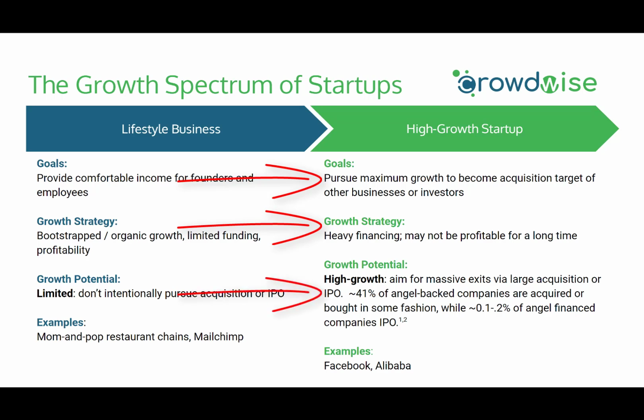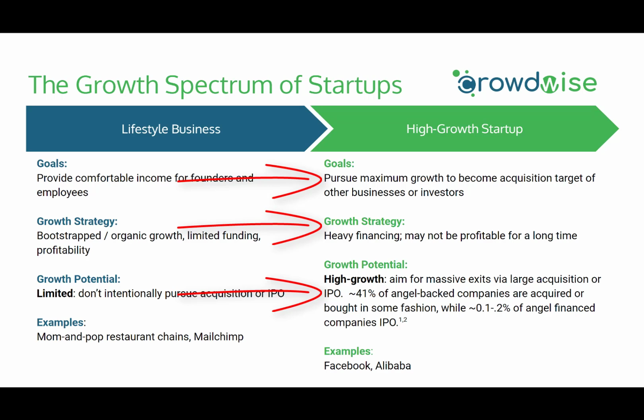The growth potential of high-growth startups is very high, as the name implies. They're aiming for massive exits via large acquisitions or potential IPOs. In terms of statistics, again taken from David Rose's book Angel Investing, he says that roughly 41% of angel-backed companies are acquired or bought in some fashion, while roughly 0.1% or 0.2%, depending on some other data we found, of